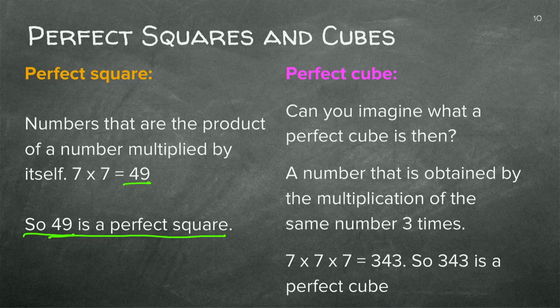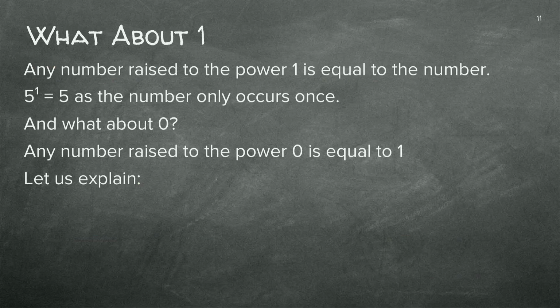So a perfect cube, can you imagine what a perfect cube is then? Correct. A number that is obtained by the multiplication of the same number 3 times. Like 7 times 7 times 7 is 343. So 343 is a perfect cube. Okay, so now,